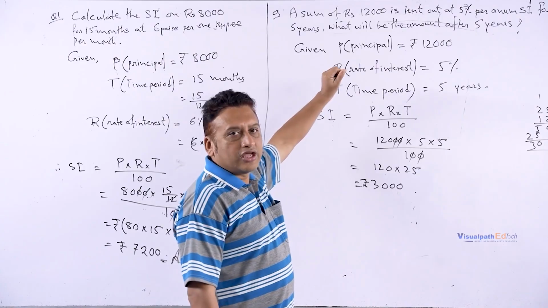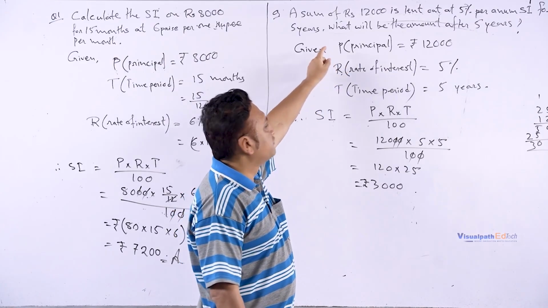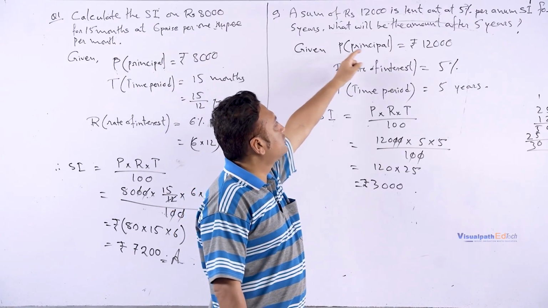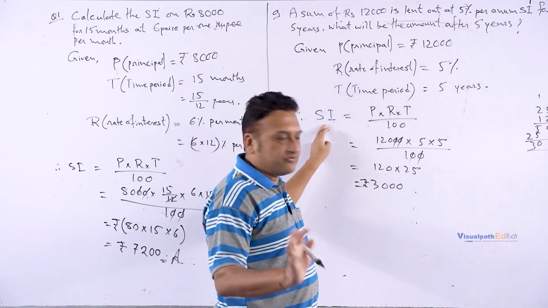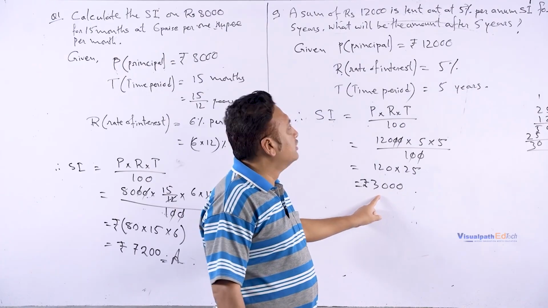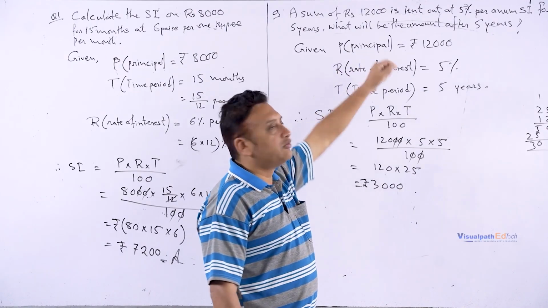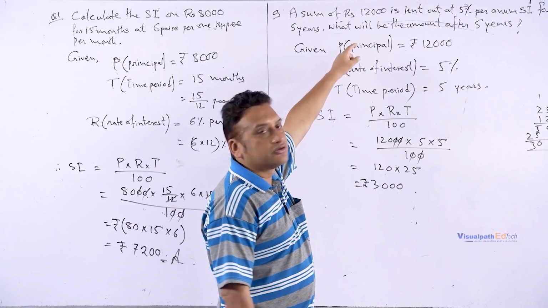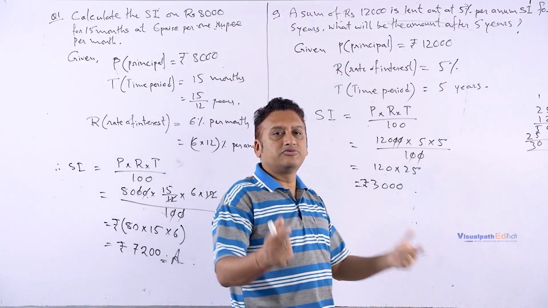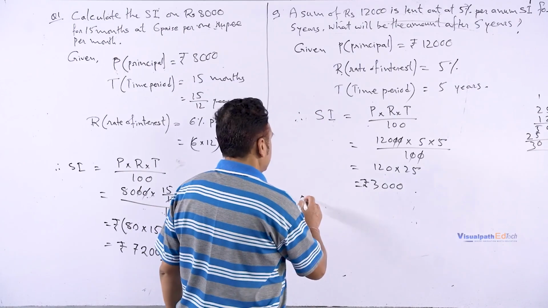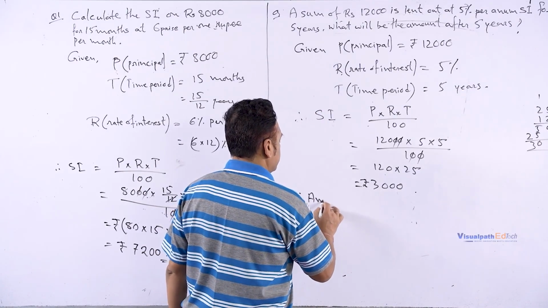But are we asked to find simple interest or amount? If you read the question, you get to see what will be the amount after 5 years. Now, the simple interest in 5 years is 3,000 rupees. So, the amount will be the amount lent, which is the principal 12,000 plus the interest. That is the total amount the person will have to repay. So, therefore, amount will be equal to